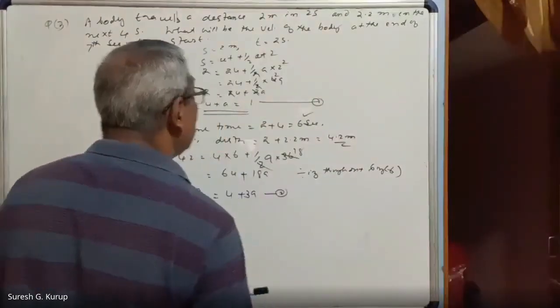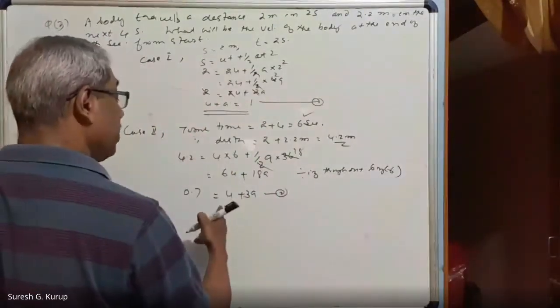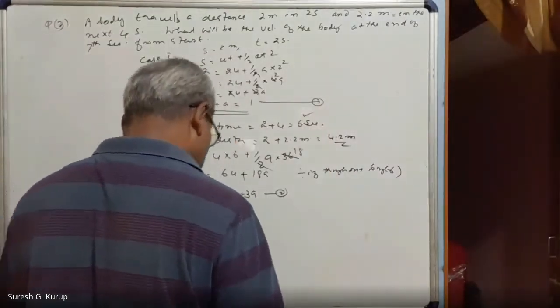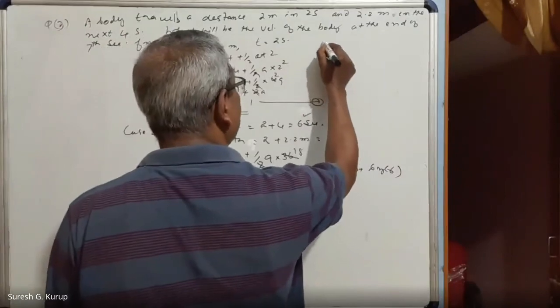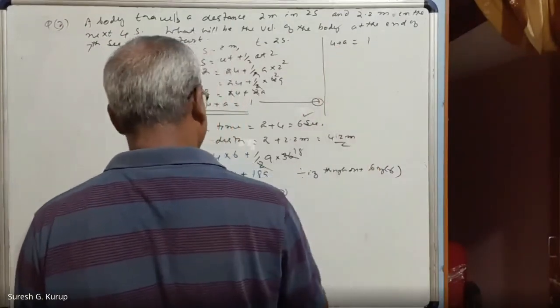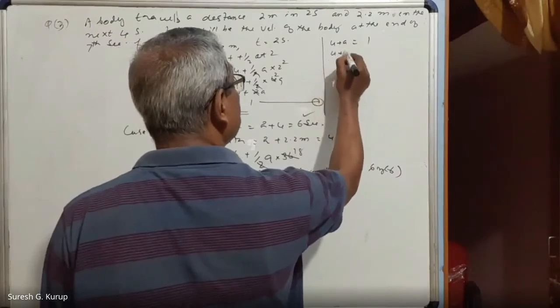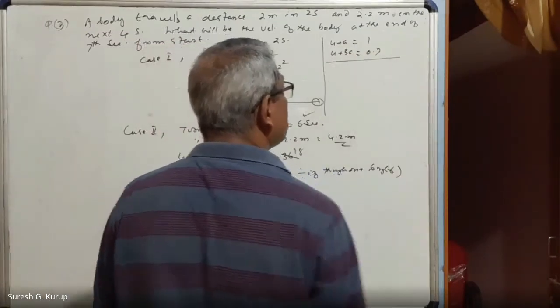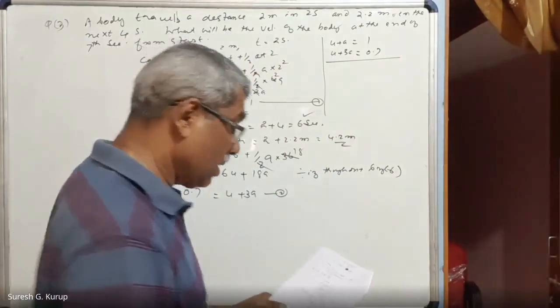Now we have equation number 1 and also equation number 2. I am writing these 2 equations once again. The first equation is u plus a is equal to 1. The other one is u plus 3a is equal to 0.7. Then subtracting one from the other, what we are getting is